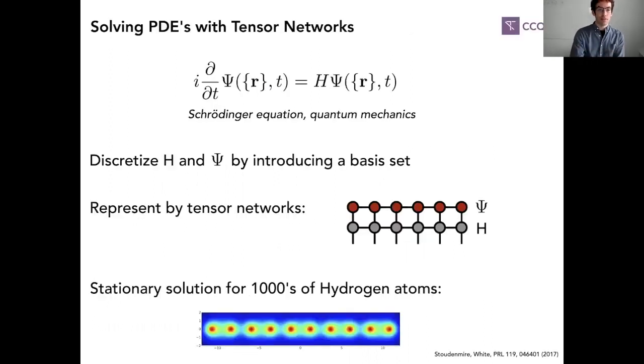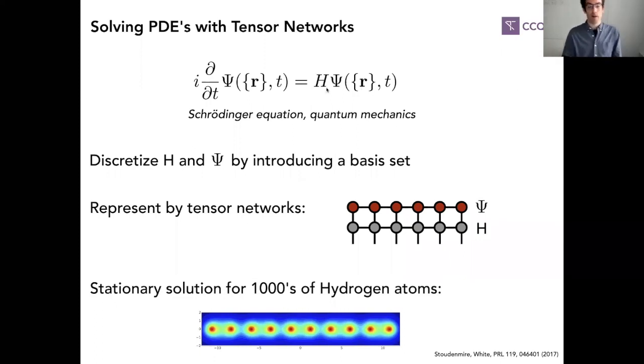Okay, so then totally switching gears, just because this is a kind of greatest hits of tensor networks part of the talk. So each slide is going to be rather different. Another rather different use of tensor networks is actually one of the oldest uses of tensor networks, which is solving PDEs, partial differential equations, with tensor networks. In particular, the main one I know about how to set up in a tensor network framework is the Schrödinger equation of quantum mechanics. So here you have a single derivative in time on the function that you're trying to solve for, and then you have a differential operator that acts in space on these R variables on the right that has various forms. So which form you take defines the problem that you're studying.